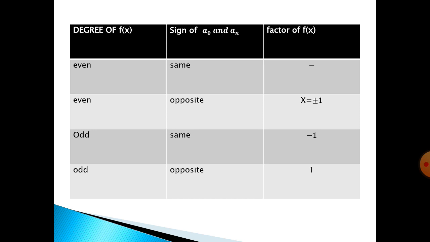Suppose the equation is an even degree equation. Compare the sign of the first and nth term, second and n minus 1th term, and so on. If they are of the same sign, then we cannot predict any roots for that type of equation. If they are of the opposite sign, then two of its roots must be plus 1 and minus 1. On solving the last three types of equation using the corresponding roots, we get an equation which is reduced to one even degree equation of the same sign. That is, it reduces to the first type.